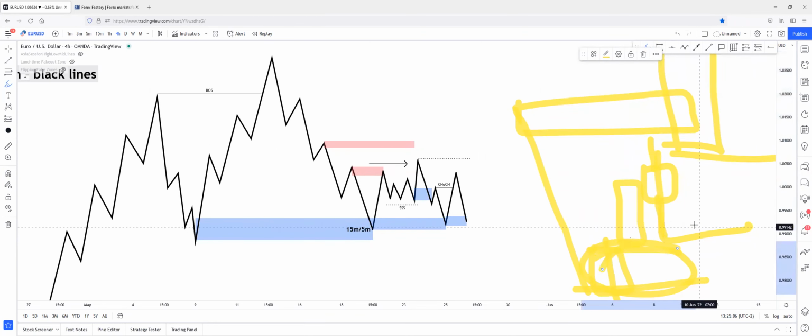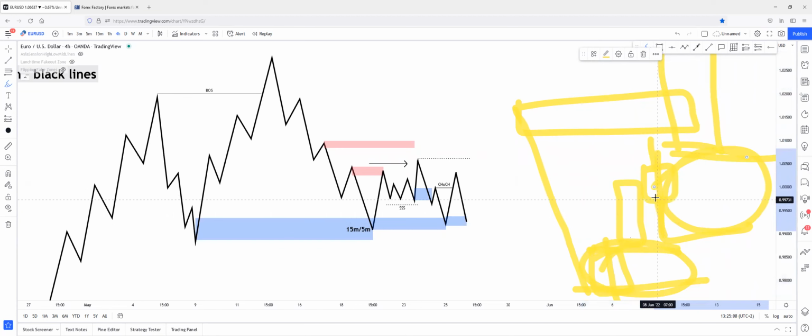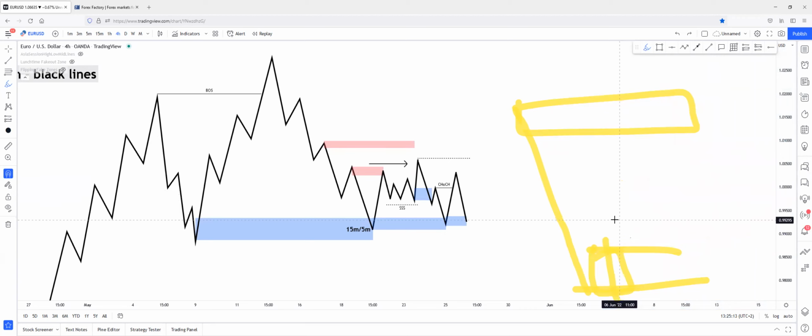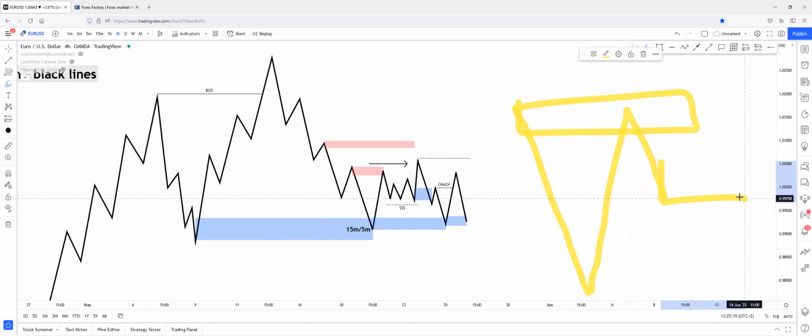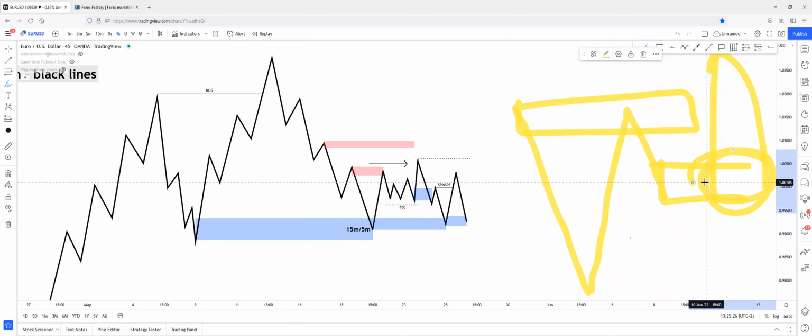You don't really know that the extreme will hold, or that the decisional will hold. And that's why I prefer flips over change of characters, because in flips, there will be only one candle that flips the overall supply zone or demand zone. So in a flip, there will be only one candle that has caused an inefficient break of this supply zone, and you'll be able to enter on that specific candle. And for me, flips are